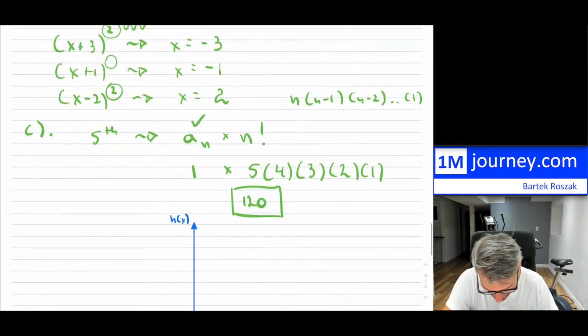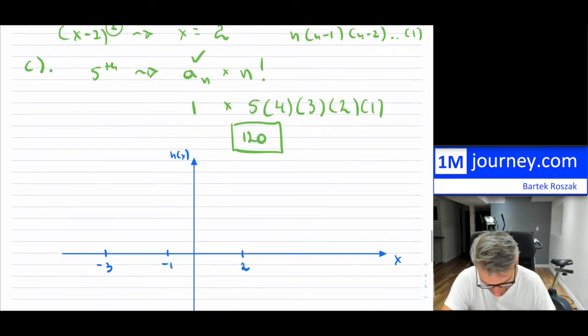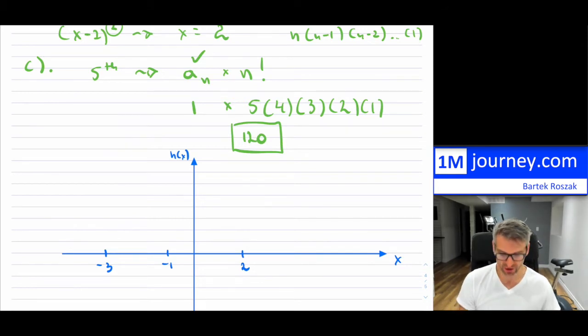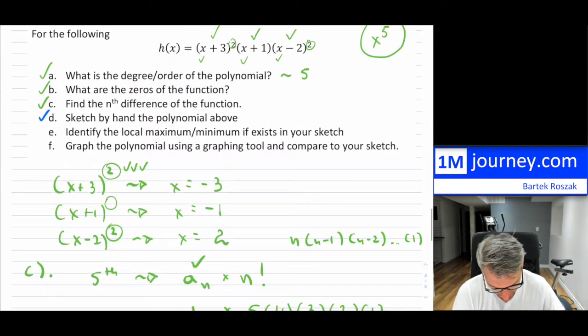Now I need my zeros. So one is at -3. Again, I'm just sketching here. -1, and then at 2. All right, so I know that those are going to be the zero crossings. Okay, so how do I sketch these factored forms? I have done this before, so you can check the grade 11 playlist for sketching the factored form. So this is to the 5th order,